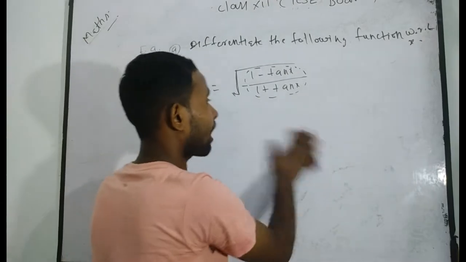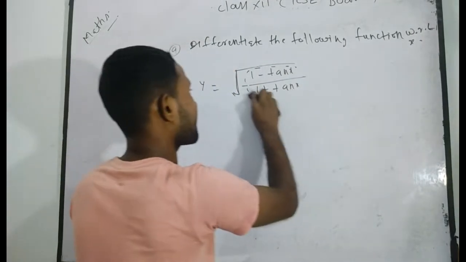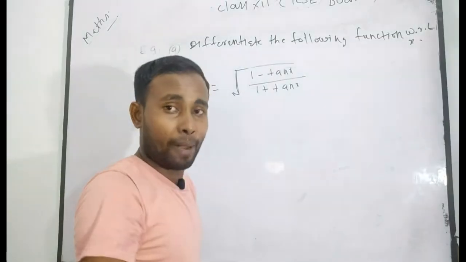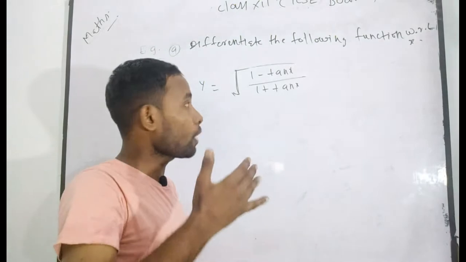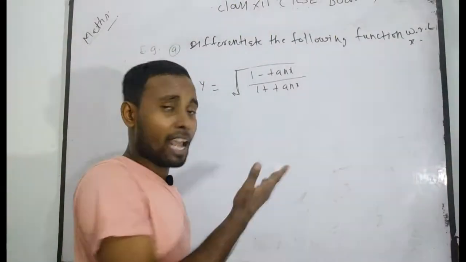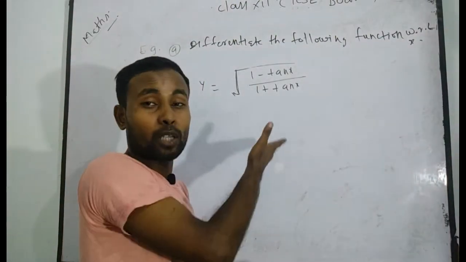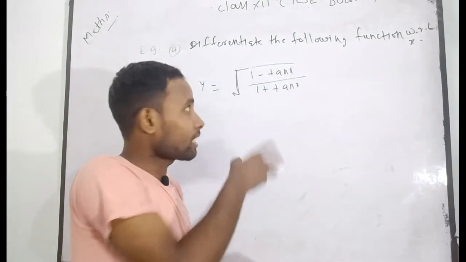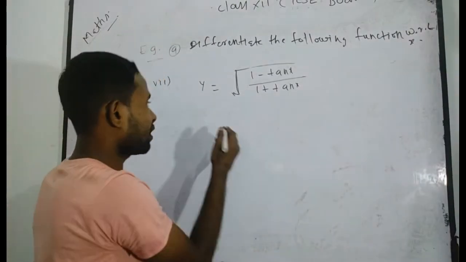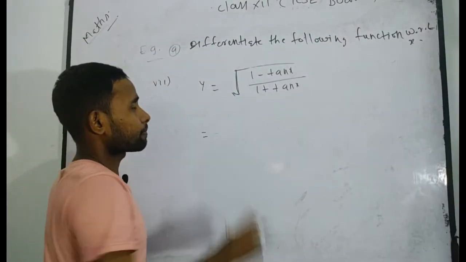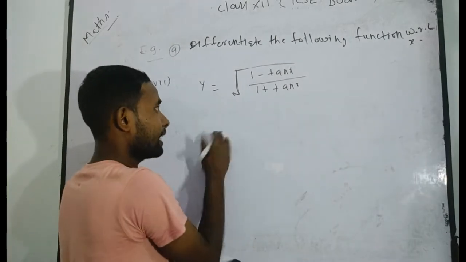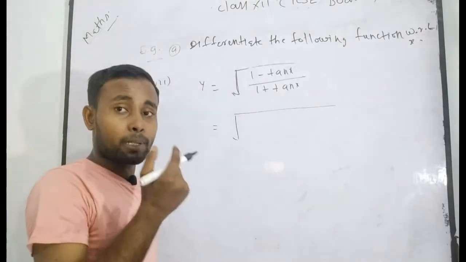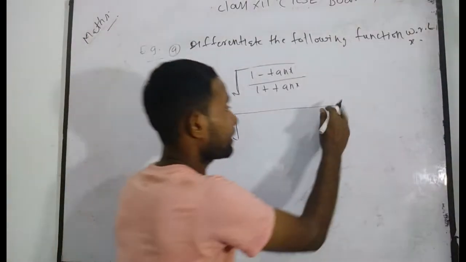Now you will tell me, sir, how can you simplify? How do you recognize it? There needs to be simplification, because the given function is in complex form. And if you have done a lot of practice in class 11th in the trigonometric chapter, in that case you can easily identify where simplification is needed, as I have already told you. But again I want to tell you, I want to simplify using very standard methods here.